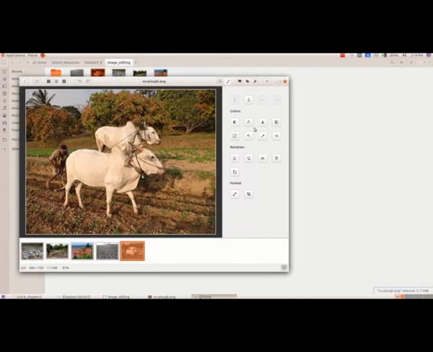So we have opened the same picture using Gthumb, and here we got the other pictures here.